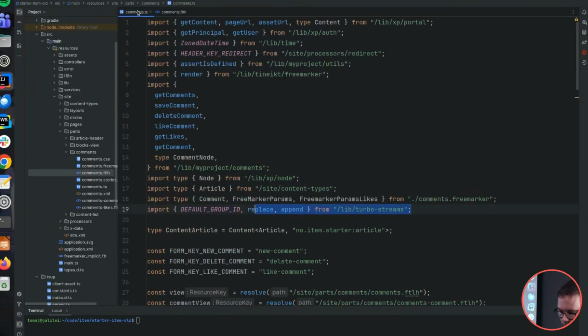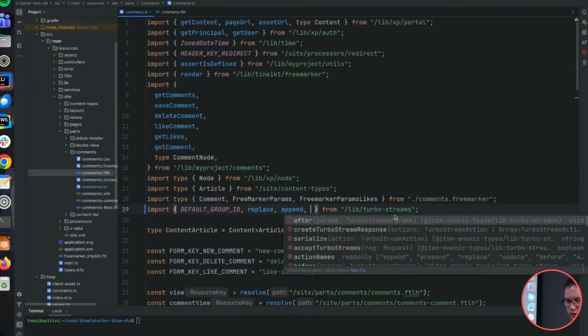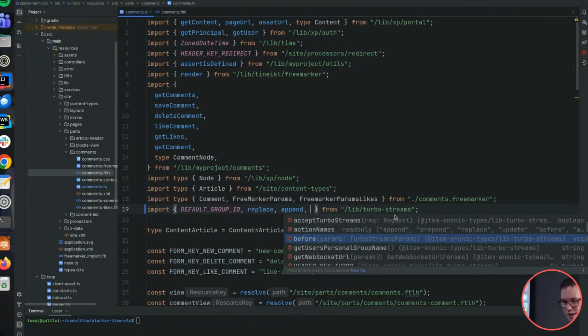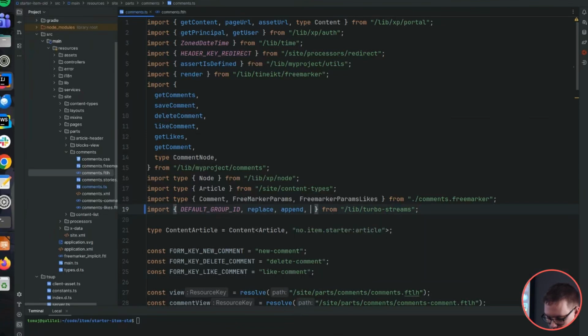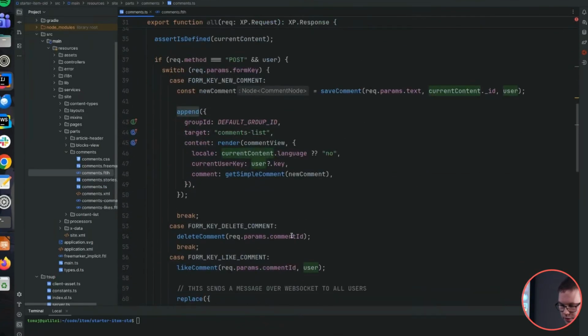And here I have the different functions that I can do against the DOM. So I can replace things, I can append things, I can put something before something, or I can prepend, remove things. So operations against the DOM I can do. So the fun part here,